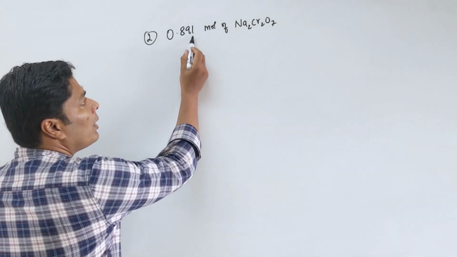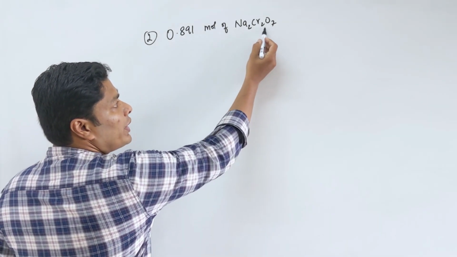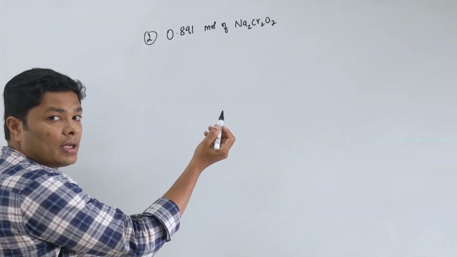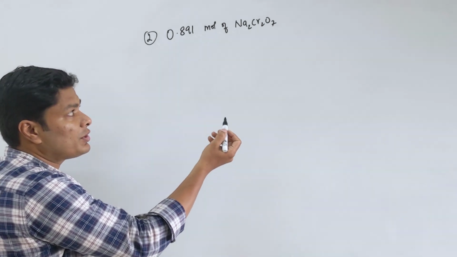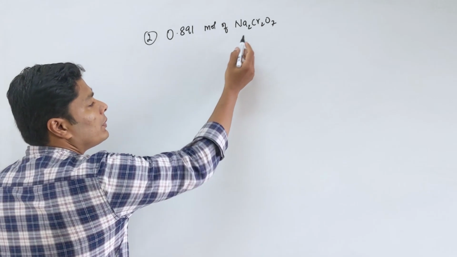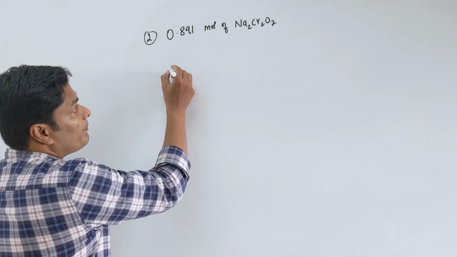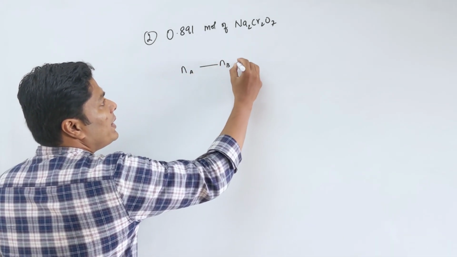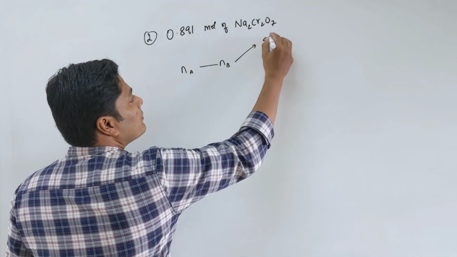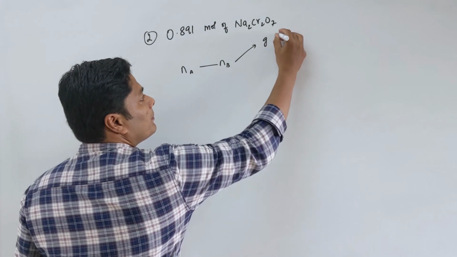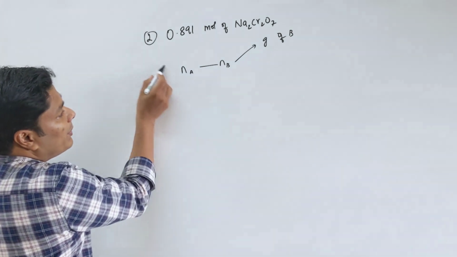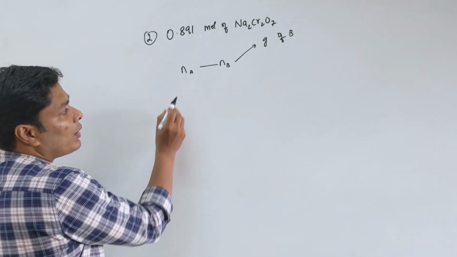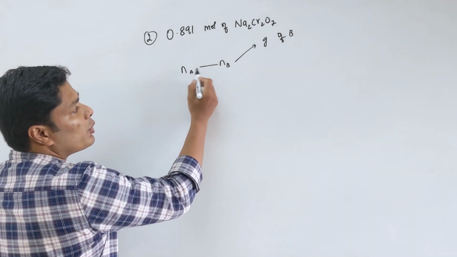Okay, now I have sodium dichromate. They are asking how many grams of oxygen in it. We need to find the grams, so we need to find the moles of oxygen. So now in our previous sketch what we saw, if you have Na, I can go to Nb, and then from Nb I can go to grams. Correct? We saw this before, grams of B. To calculate Na we would need to write the schematic for solid, liquid or gas. Here we don't need to do that. What is given is moles, and we go from moles to moles using the mole ratio.